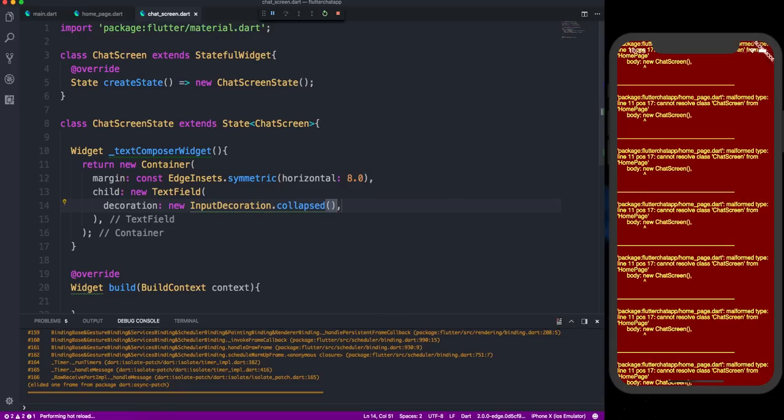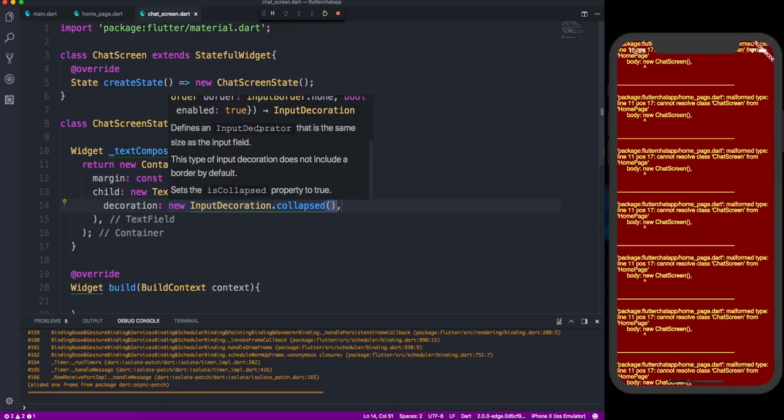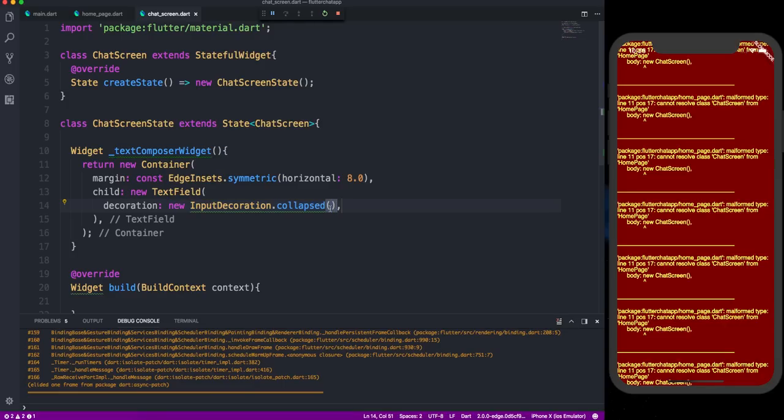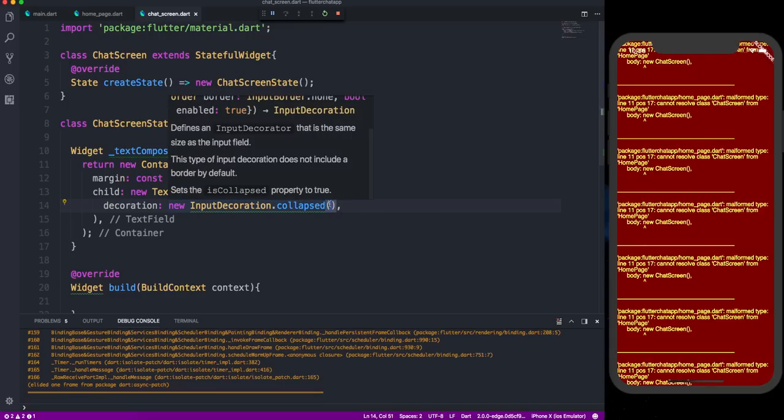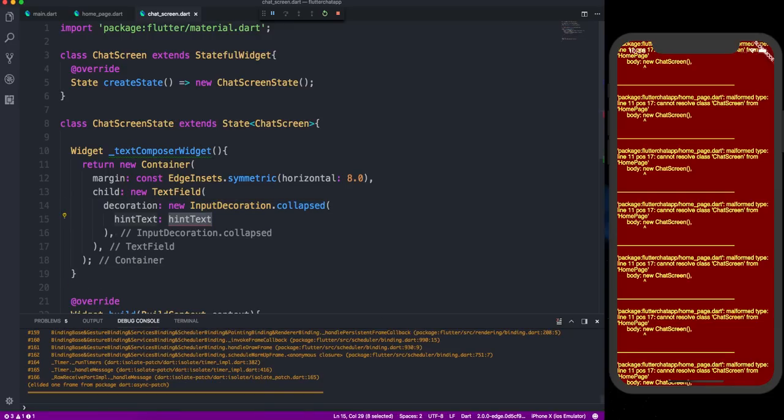Collapsed means that it will occupy all this space. So let's see what it means. It defines a decoration that is the same as the size of the default, sets isCollapsed to true. Okay, so what it will do, it will take all the size of the screen, the width basically. So here I will pass the hint text, and I can say here